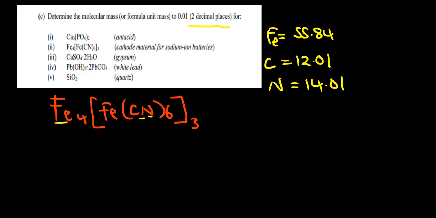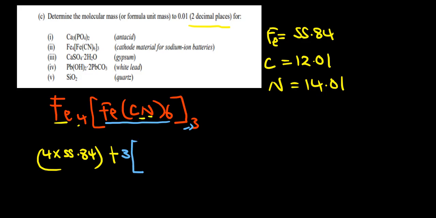So for the first ion here, we have a 4 in front. So we are going to say 4 multiplied by the atomic mass of iron, which is 55.84. Okay, and then we are going to say plus. So when we say plus here, we see that we have this 3 outside here, that is multiplying whatever is in this bracket. So we are going to say 3, and then inside the brackets we have the mass of iron there, which is